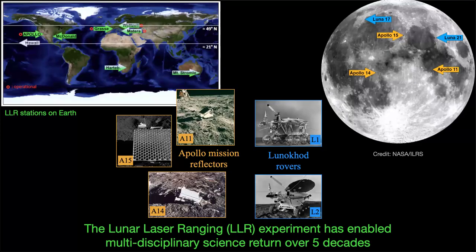And so we have got a lot of science from this data, and by trying to understand this data over 5 decades, 50 years of data, we have been trying to very finely track the moon's orbit as it goes around the Earth. Okay. And this is what it looks like.